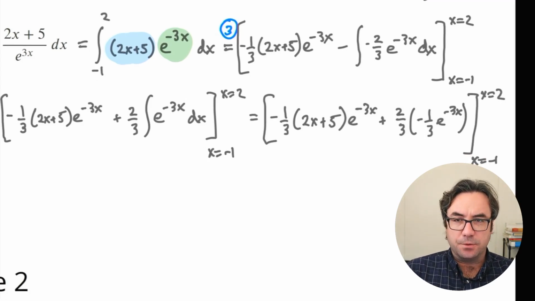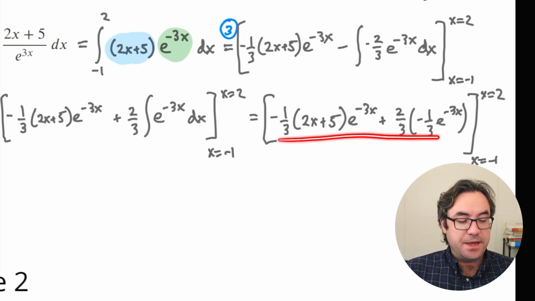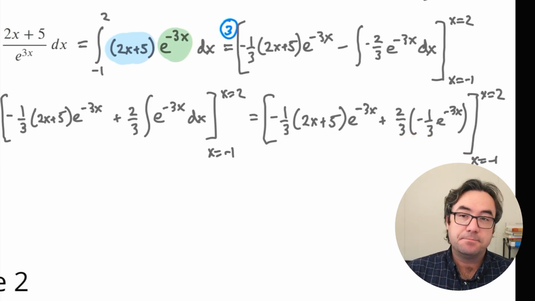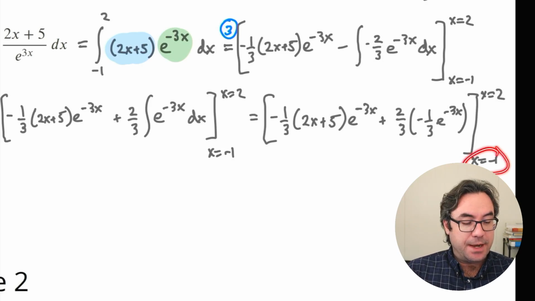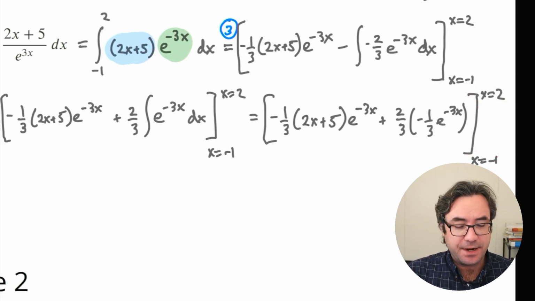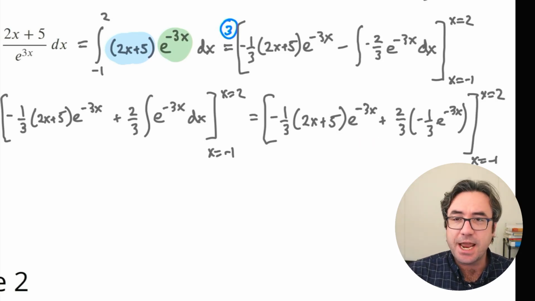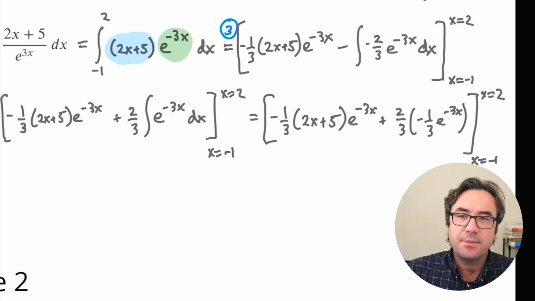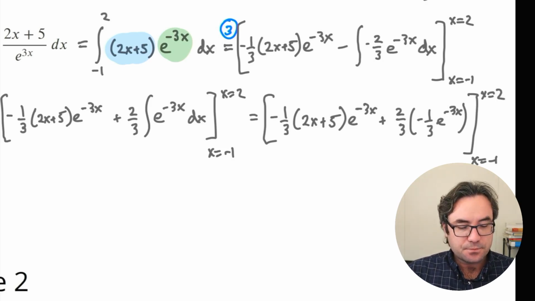All right, so now we're done with the integration. So pretty good. We're ready to evaluate, but it can be helpful to simplify your antiderivative down as much as you can before you plug in. Technically, we could just go right ahead now and evaluate, but I want to simplify this down just so I don't have so much to plug into. So what can we do? Well, if we